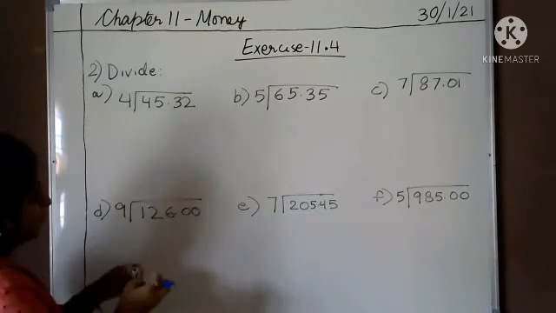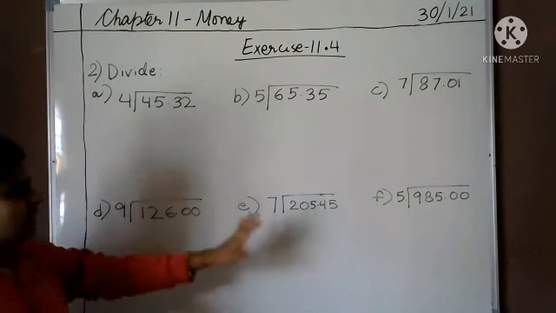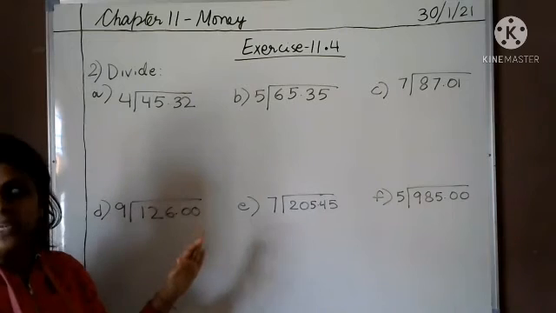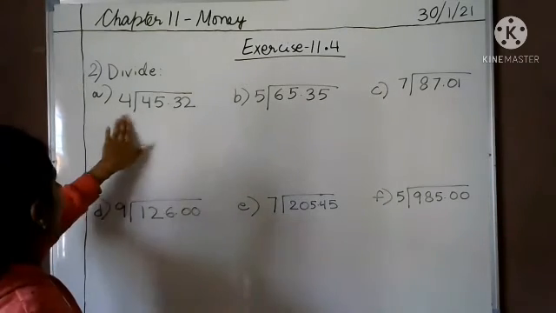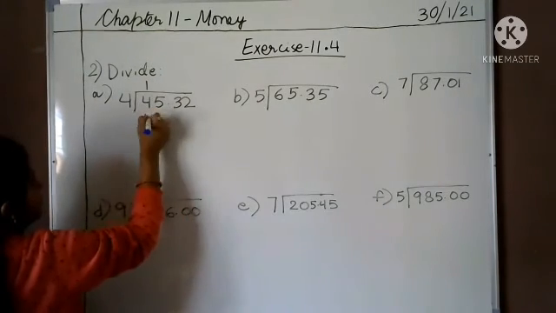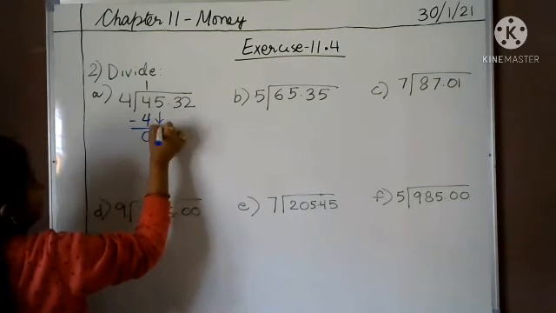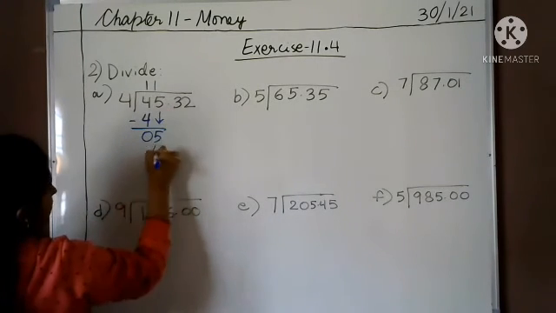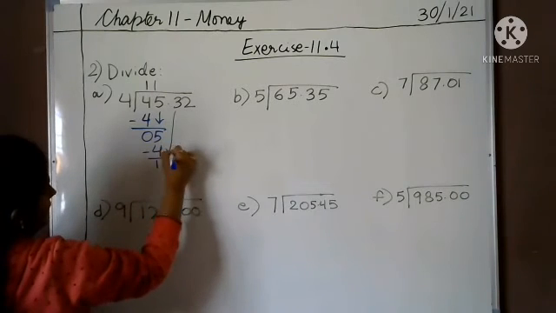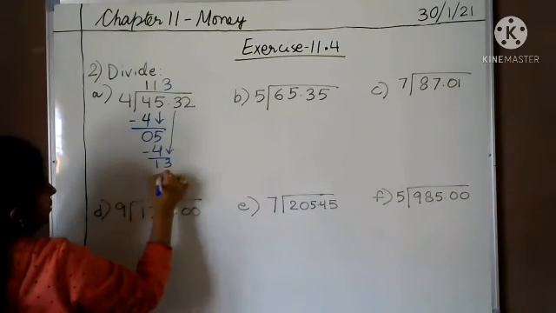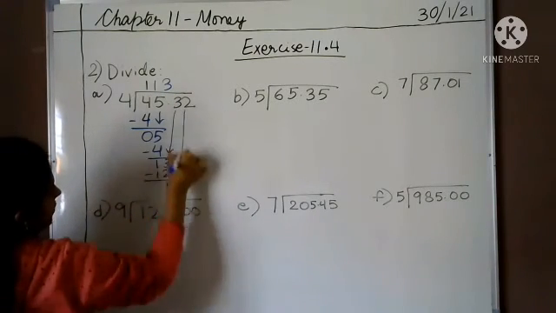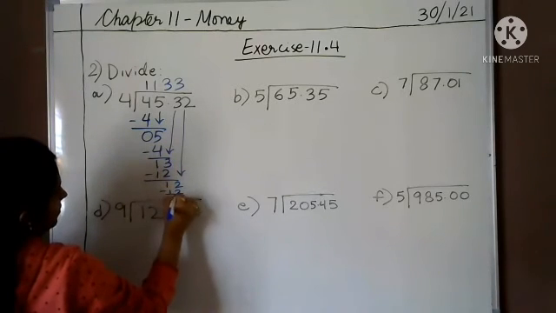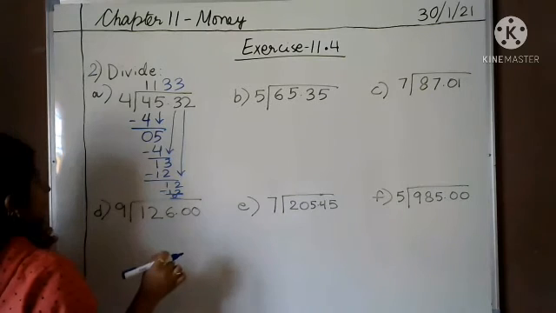Next we have question number 2 based on division. So यहाँ भी हमें कुछ ज़्यादा नहीं करना है, जैसे हम normally numbers को divide करते हैं वैसे ही हम divide करेंगे. Okay? So now 4 ones are 4, 5 will come down. Now 4 की टेबल में 5 तो आता नहीं है. We will write 4 ones are 4. 3 will come. 4 threes are 12 and 4 threes are 12. So done.